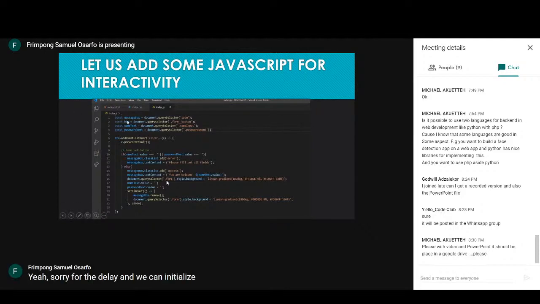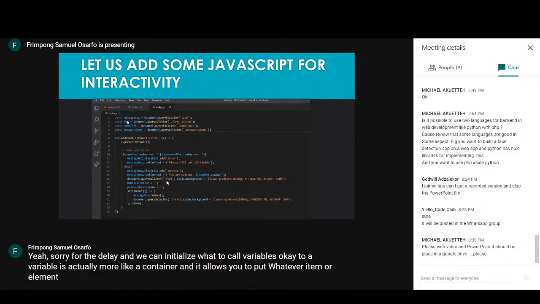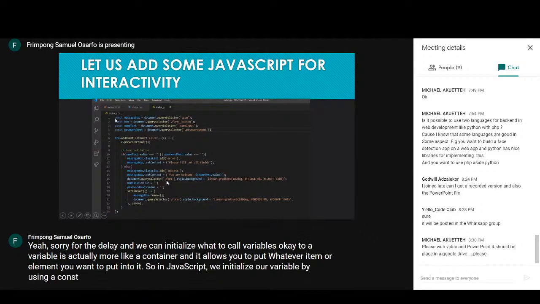Okay, so a variable is actually more like a container, and it allows you to put whatever item or element you want to put into it. So in JavaScript, we initialize our variable by using const. So const means that this is a constant. So constant message box